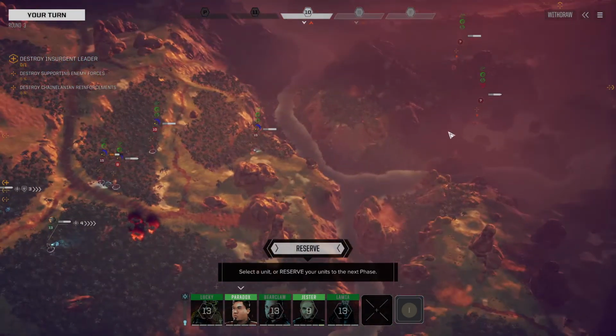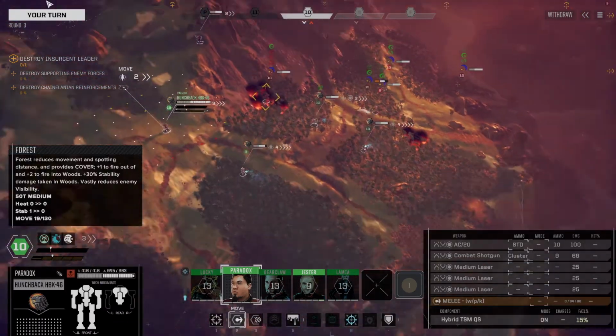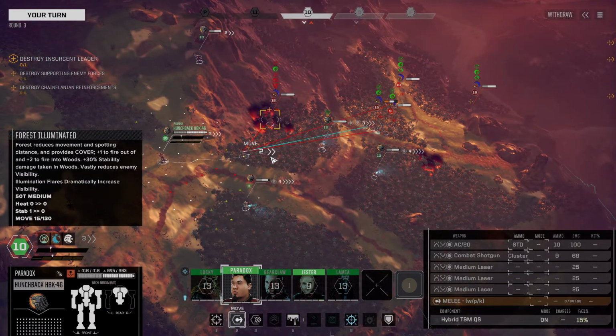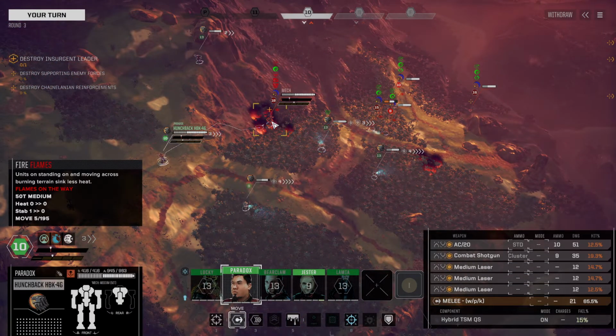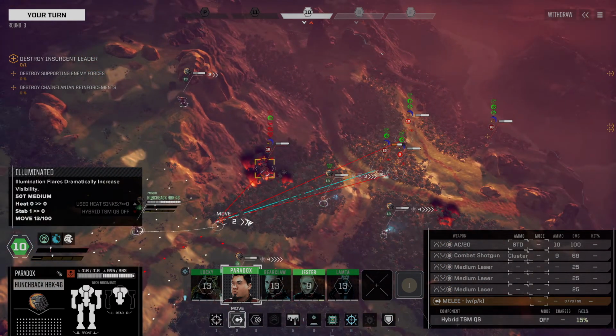Okay, so the other enemies, we have a Shadowhawk, a Toro. Ooh, Toro, that's a light mech. Yeah. I'd take Toro parts. That would be a charge. Also, our hybrid TSM now has a fail chance, so...